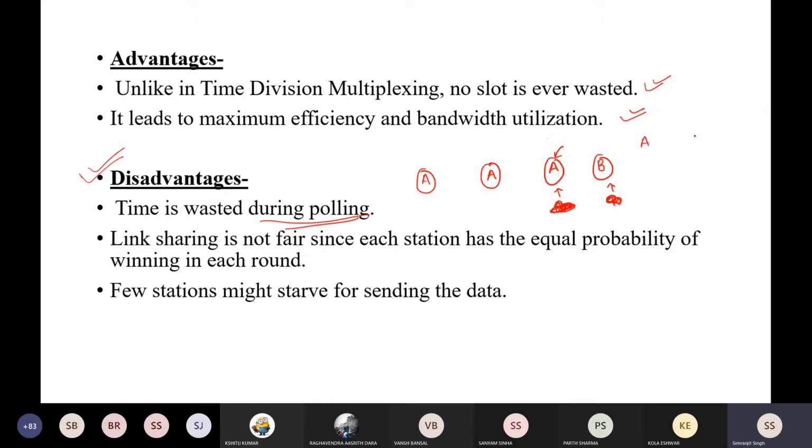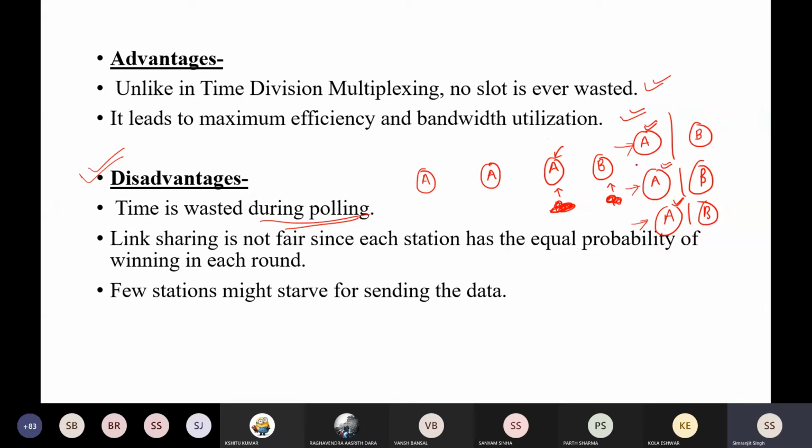Suppose I show you the disadvantage of using an equal chance every time. In equal chance, both of them have an equal chance to transmit, but this particular time it goes to this one. Again the next time, they have an equal chance, and suppose it goes to this one. If you are using equal chance probability, it may happen something like tossing a coin three times and getting heads all three times.